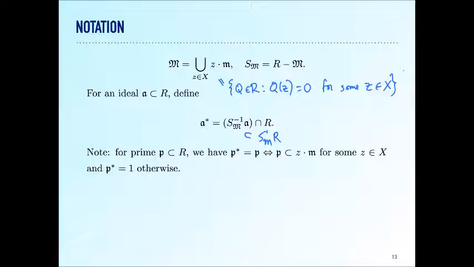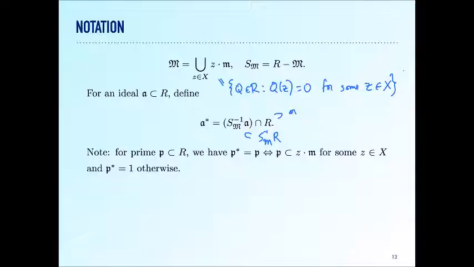Okay, so what does this give us? What's the point of doing this? It's that for a prime ideal P, this starring operation, P star, always contains P. Okay, so that's sort of clear, right? But this starring operation doesn't make it any bigger if and only if P is contained in